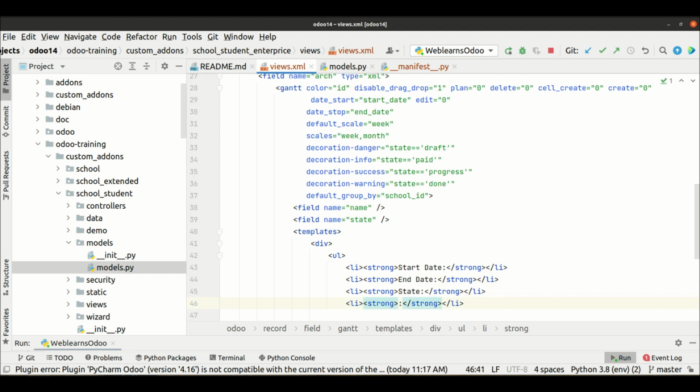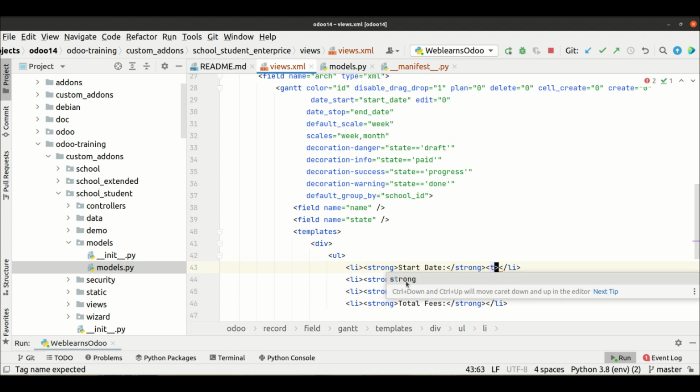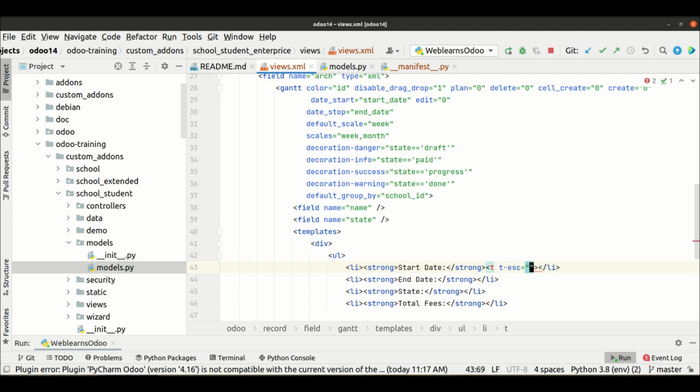Stat and total fees, and here I will add one more tag, t-esc, and here simply I will use start date. Same as that, I will copy this one.